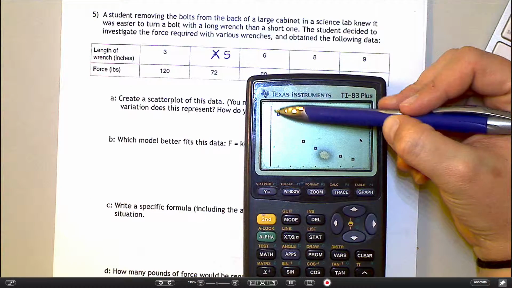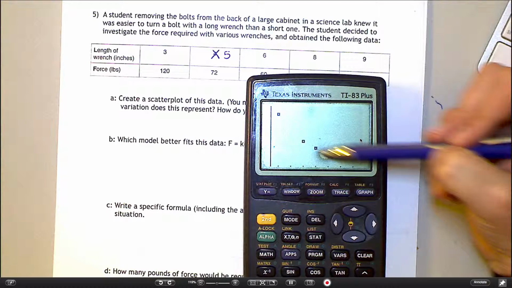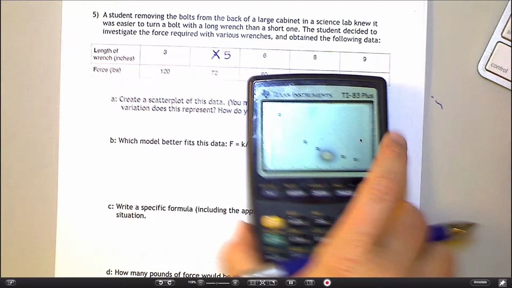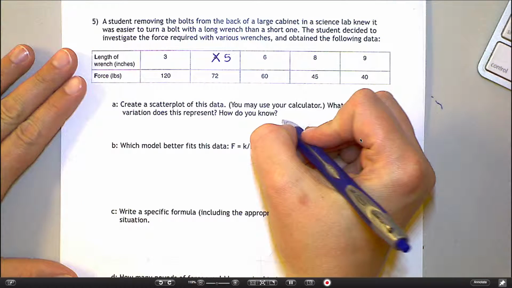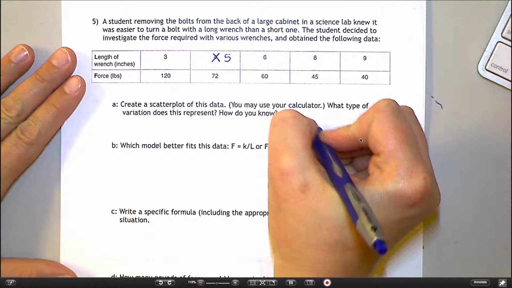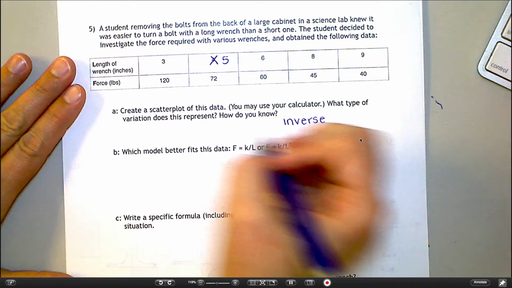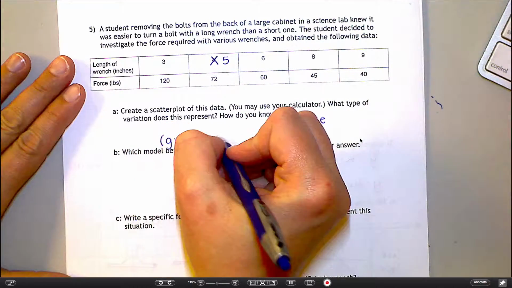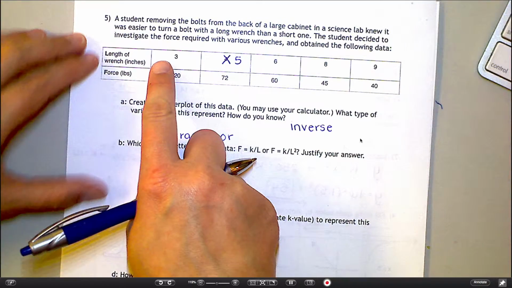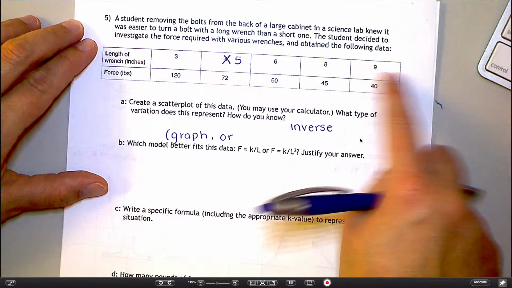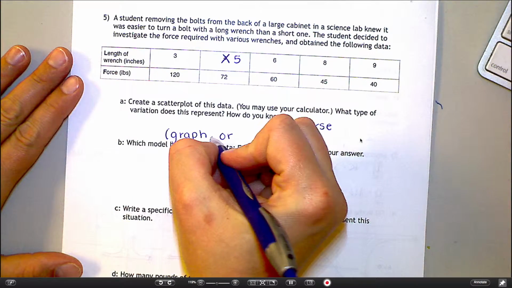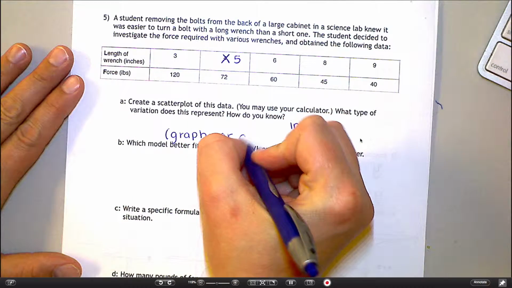And you can kind of see, I mean, it might be a little bit hard to see the curve there, but there is sort of that hyperbola look to it, okay? So if it's a hyperbola of some kind, we know for sure it's going to be inverse variation, okay? And as far as how we know, we could either say we know from the graph, or if you notice from the table, as L is increasing, as number is getting bigger, these numbers are getting smaller. Okay, and remember when you have that up and down relationship, that's always going to be inverse variation as well. So we could know this by looking at the graph or looking at the data